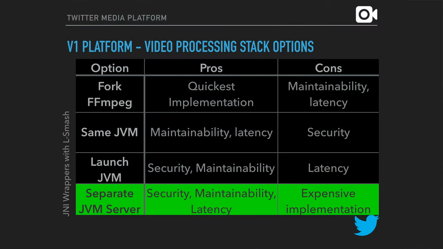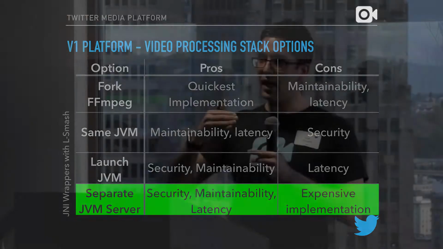The startup of a JVM has several seconds of latency, so this was also a non-starter. So our final approach was to go with a separate JVM server. Essentially, on the same host we have the Scala service that's talking to all the other Twitter services, and then we have a pool of other JVM processes that only accept requests via local sockets to actually run the job and return structured data through an inter-process pipe.